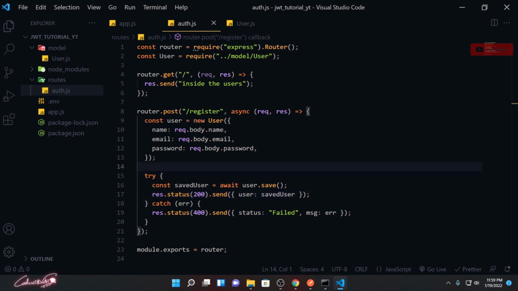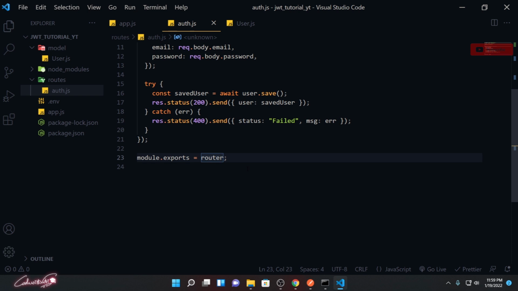First of all, we need to protect our password. For that, we are going to use the bcrypt package.